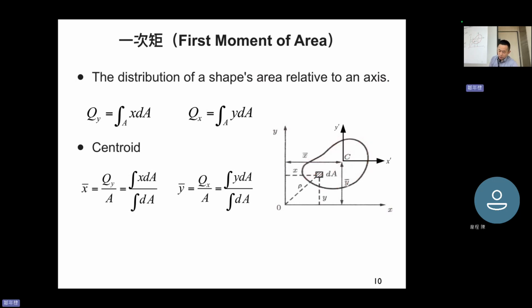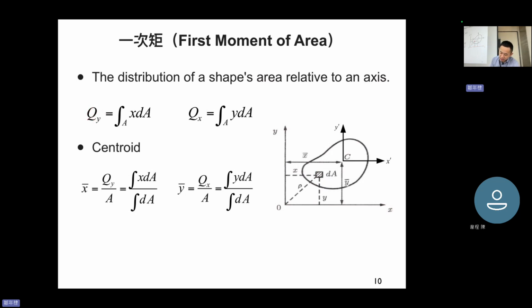All right, so you can see that all the points, or you can say the small area dA, has x, comma, y as a coordinate, right? So we want to see this dA, how it plays here and relative to certain axes. For example,